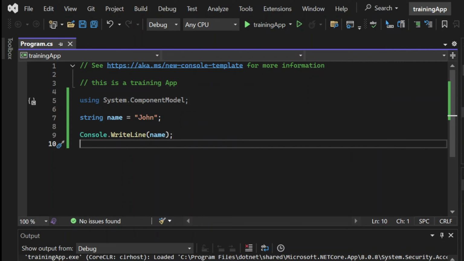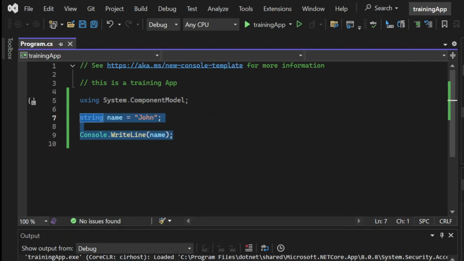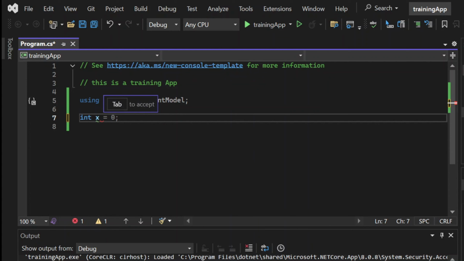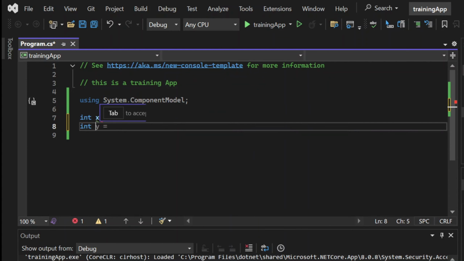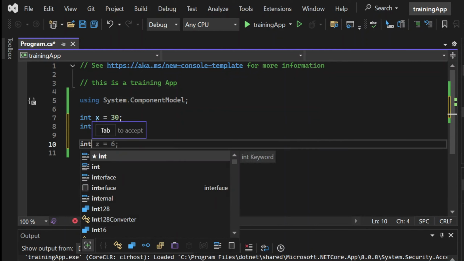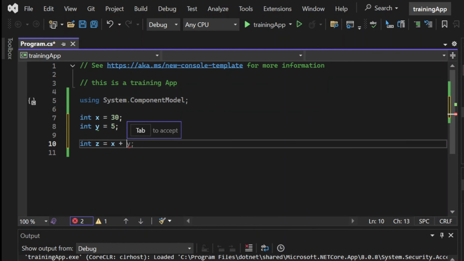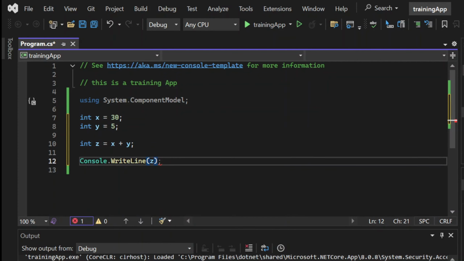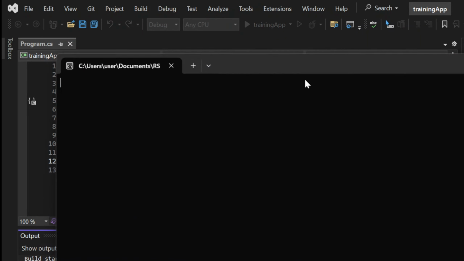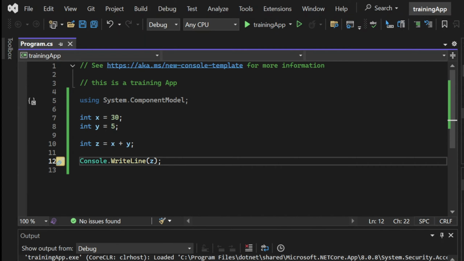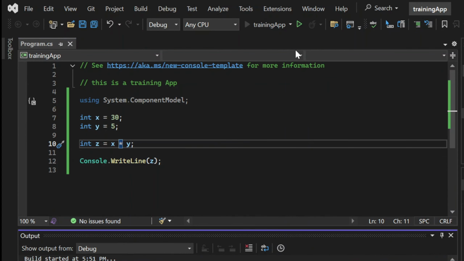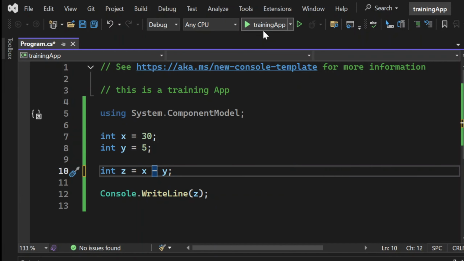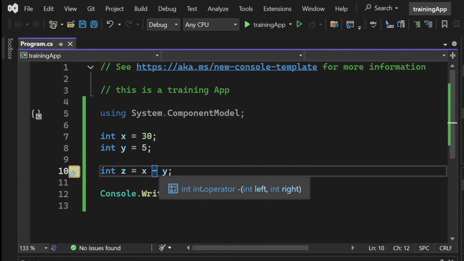Mathematical operations. So what are the most common ones? Let's at first declare two variables. Let's say int x equal 30, int y equal 5, int z equal x plus y. First is the sum. So Console.WriteLine(z), which will give me the sum, which is 35. Now, multiplication, 150, subtraction, the same thing, 25, which is 30 minus 5, division,